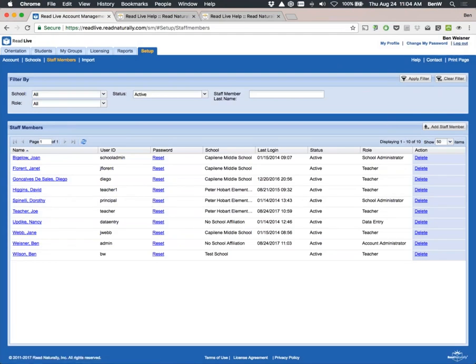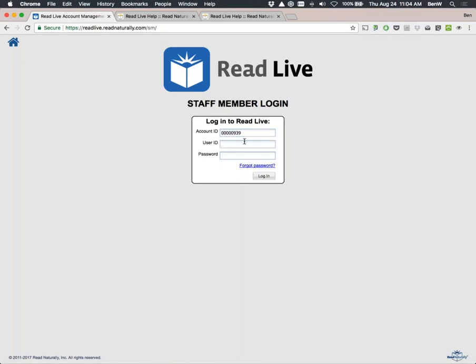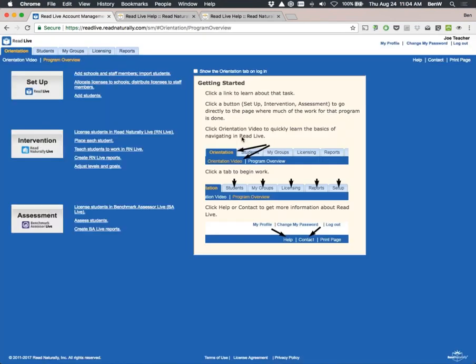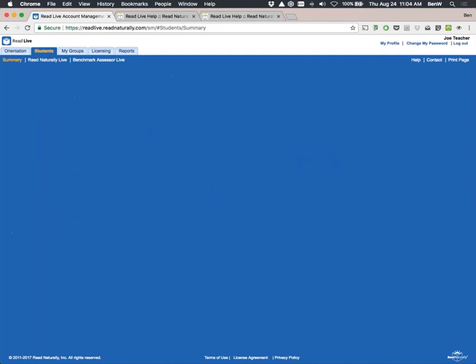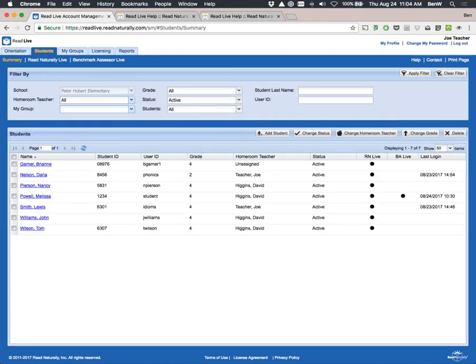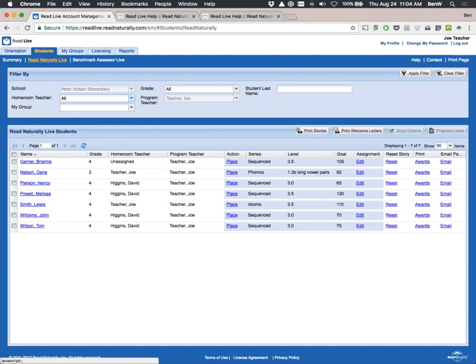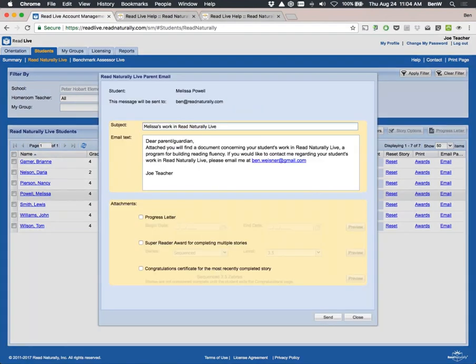As long as I'm looking at this, let me just pop in as a teacher again. There's another aspect of home use and home connection in the form of communicating with parents under the Students tab, Read Naturally Live. As a teacher, what you can do is email certificates and awards home to parents.